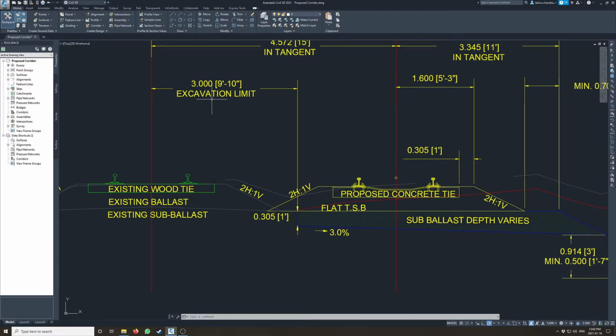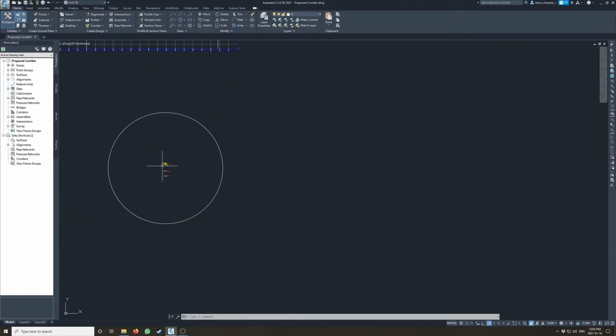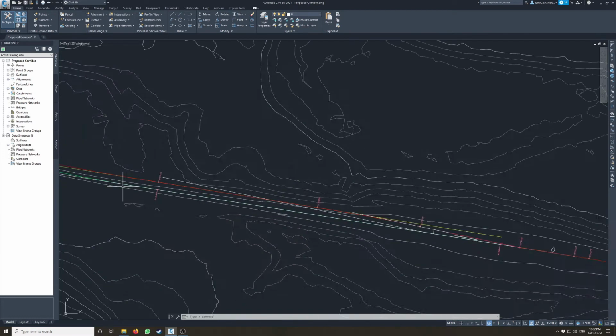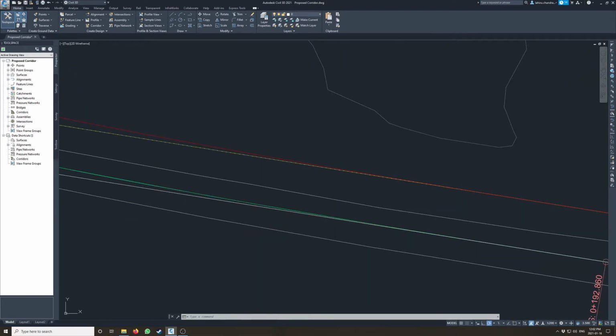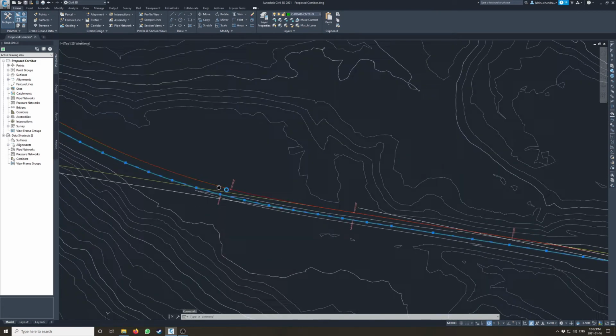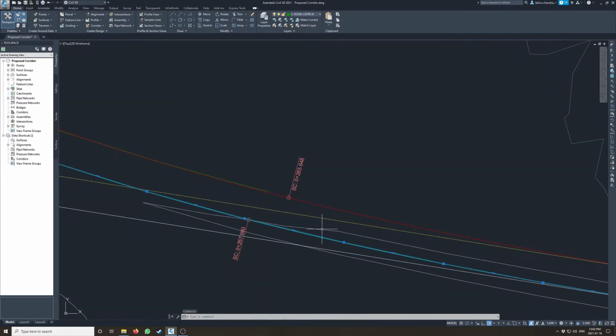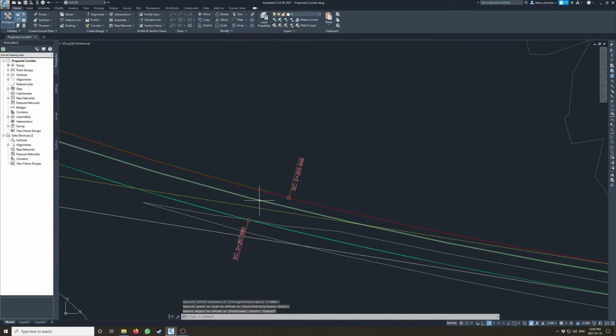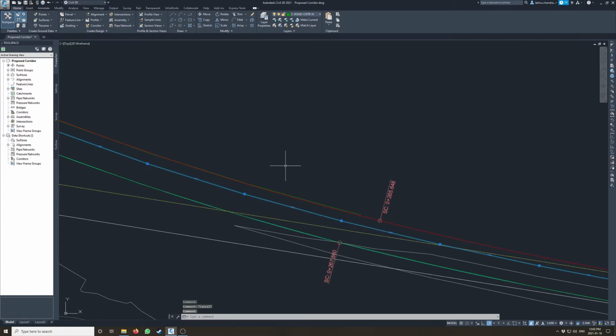So to create the excavation limit, remember it's 3 meters away from the existing main line. So we can go to the main line, and I'm going to select this surveyed polyline here. We'll offset that 3 meters. And then we get this. So you can reference a polyline as a target in the corridor, but I like to create things as feature lines